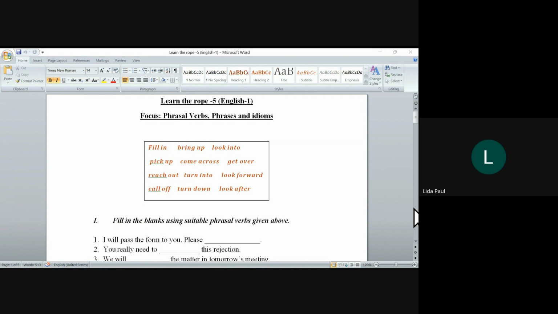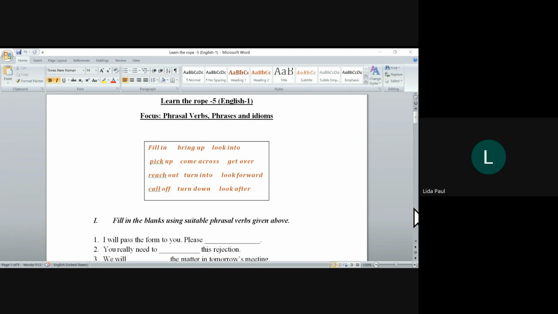So in cases where you cannot separate the two particles, you call it an inseparable phrasal verb, right? Now, most of the phrasal verbs that are in use in the English language are separable in nature. The majority of them can be interrupted using a noun or a personal pronoun. It is not a problem. But there are a few of them, one of which is come across, which won't allow for any interruption.